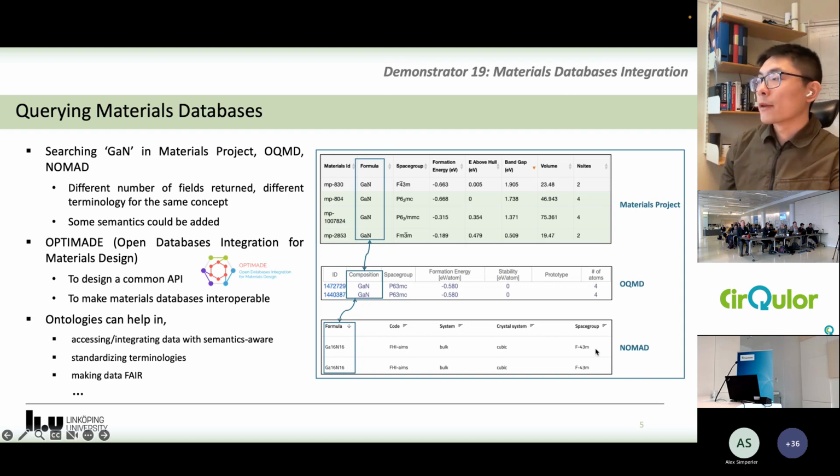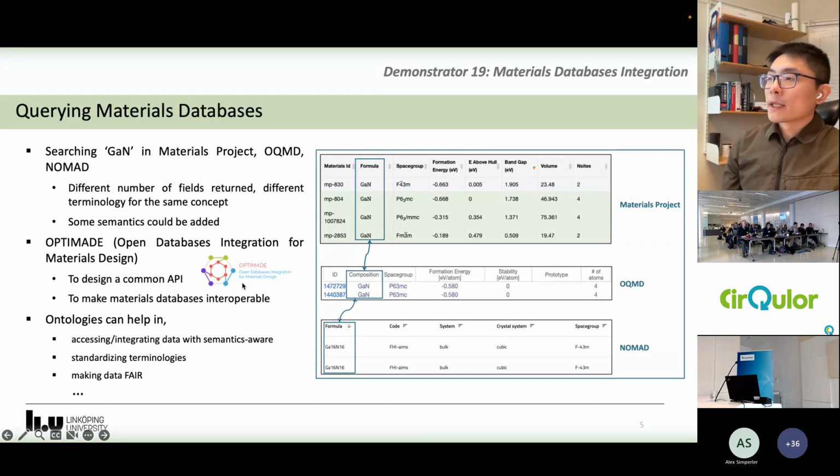An ongoing effort in the domain of materials design is OPTIMADE, open databases integration for materials design, which aims to alleviate such problems. It aims to make materials databases interoperable by developing a common API. Some work in our demonstrator is inspired by this OPTIMADE consortium.